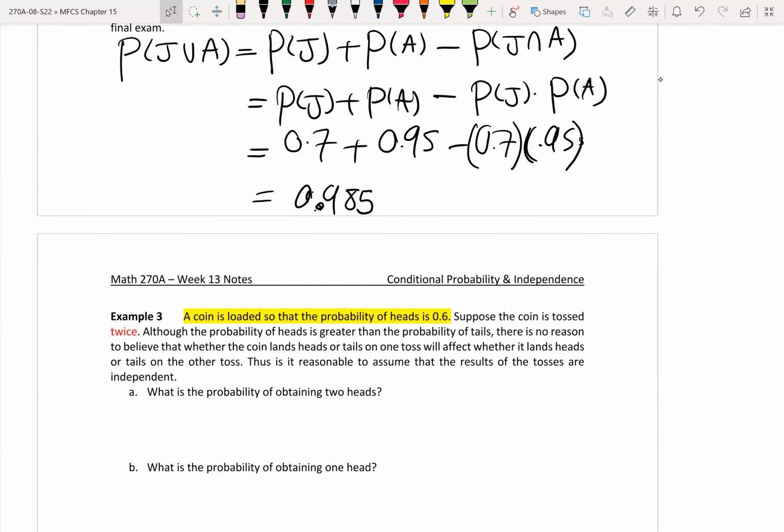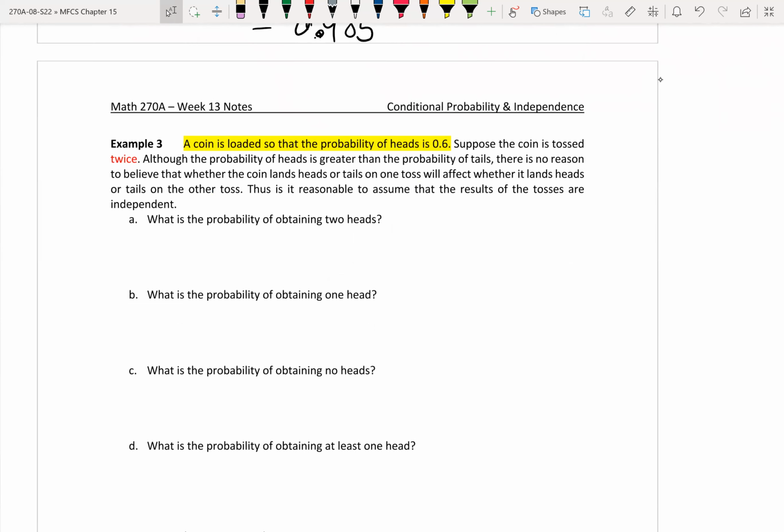I'll give you this one. Okay. And one more time. You're having a loaded coin this time. The chance of head is 60%. The chance of tail is 40%. Suppose the coin is tossed twice. They are independent. So